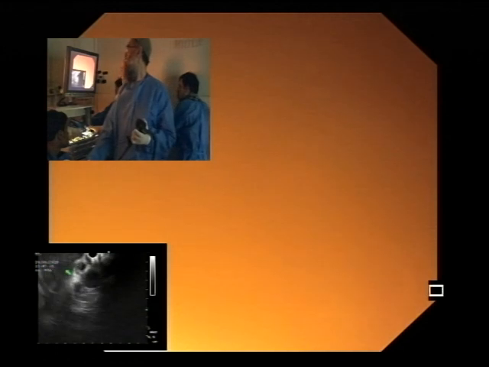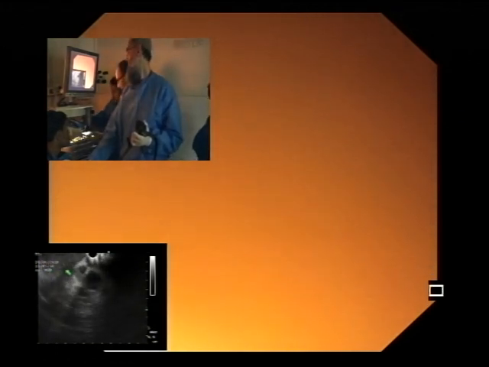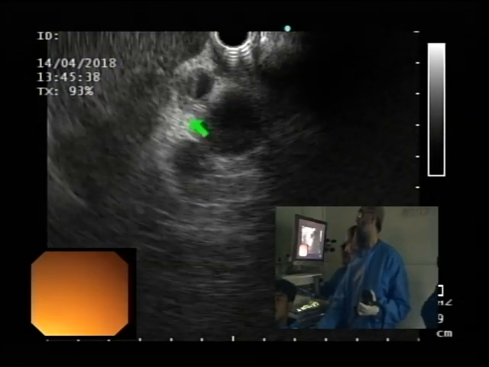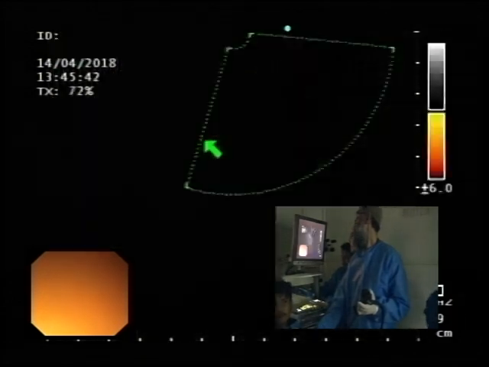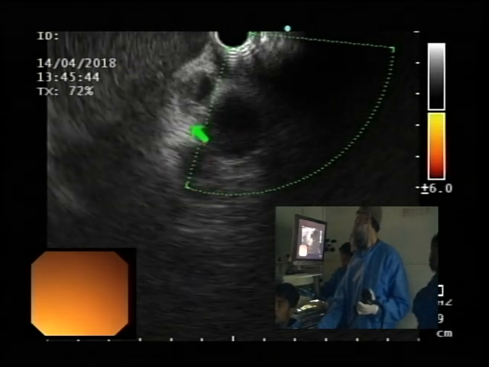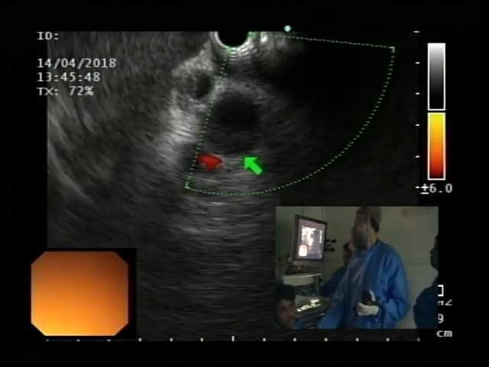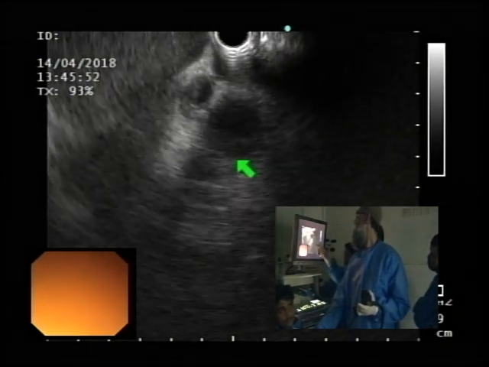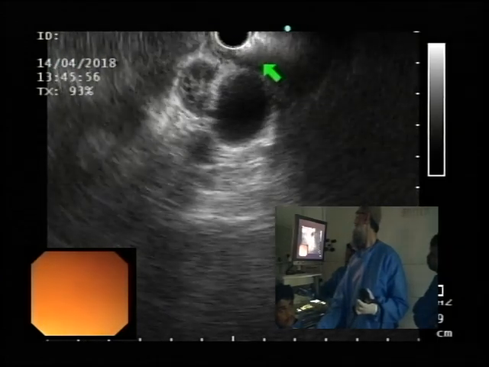Can we switch over? Let's switch over to ultrasound. So now you start seeing cross-sectional images of circular structures. This may be your dilated bile duct. So keep this in view, suction a bit to get rid of this air, and now go counter towards the